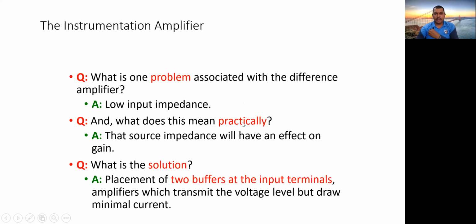The instrumentation amplifier. Now, what is the problem which is associated with the difference amplifier? It is having low input impedance. Now, what is impedance? Remember this. What is an impedance? Impedance is nothing but the input resistance of the amplifier, right? Means whatever resistance we are going to apply to the input side of that circuit, that is called the input impedance. And as far as the maximum power transfer theorem says,